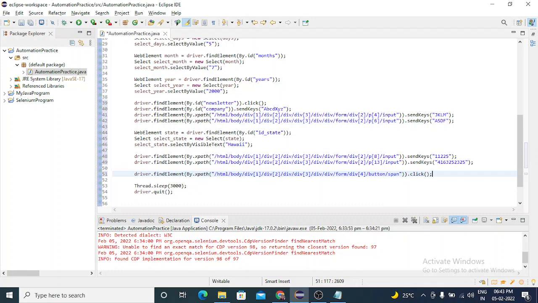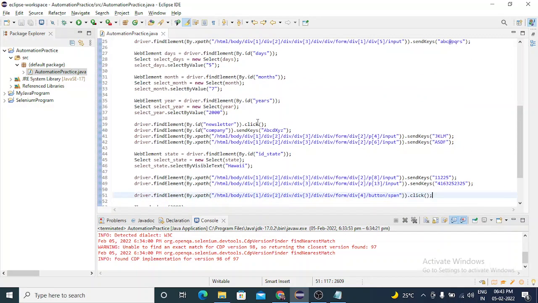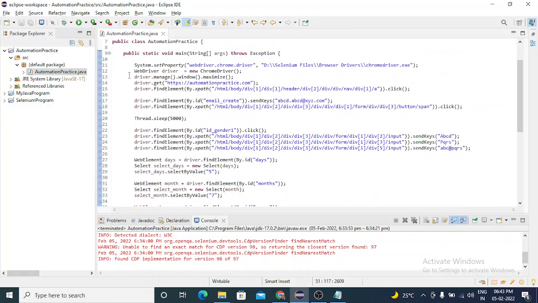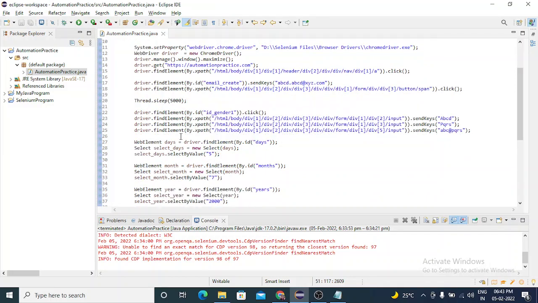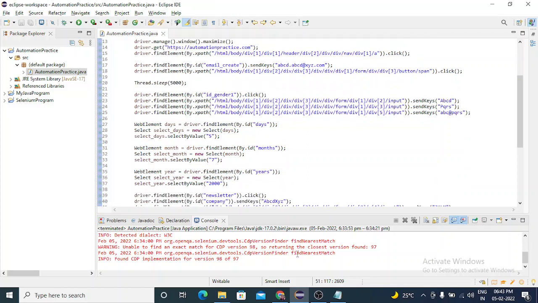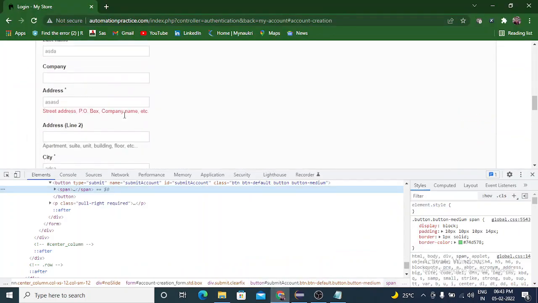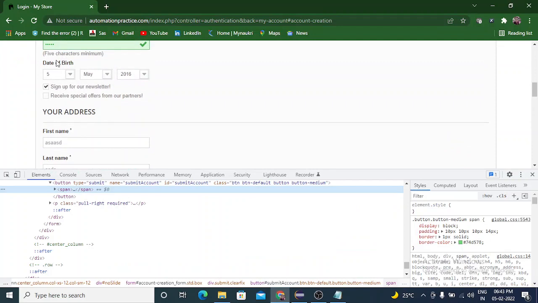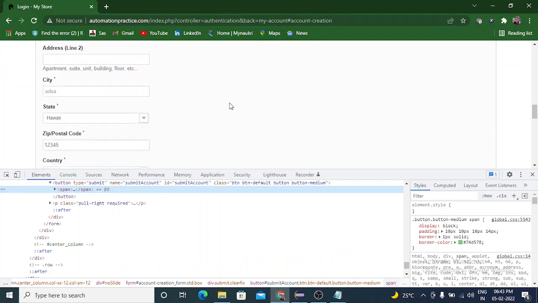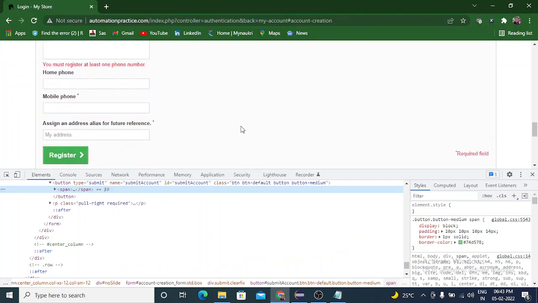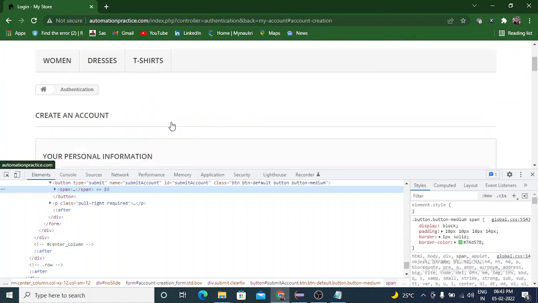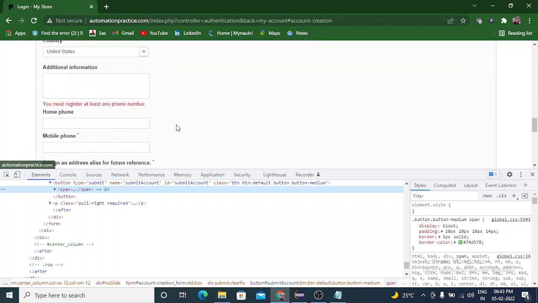So we think our program is ready to automate all the things over here. So we have automated our input boxes, then radio button, then our check boxes, then drop down and click on any button. So we have automated all these kind of things in this web page.